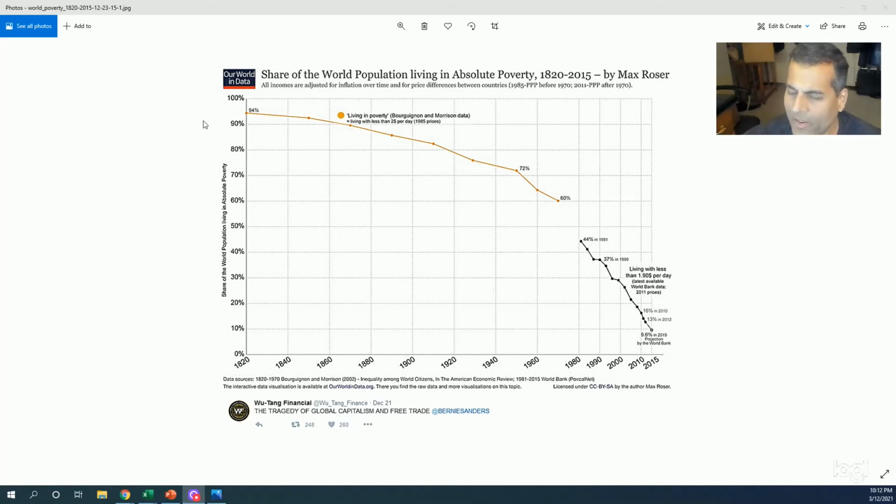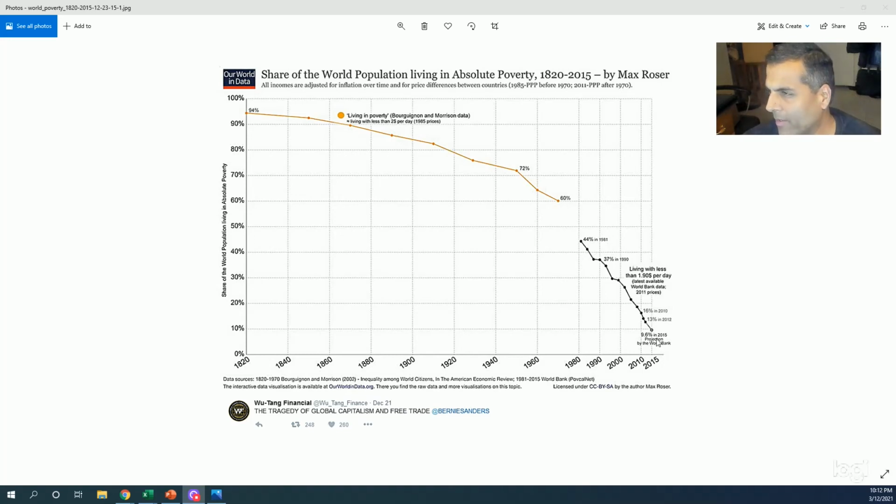If you believe in the accelerating rate of economic growth, which is inseparable from accelerating technological change, and the two are in fact extremely closely related, you can see that world poverty in 1820 was 94% of all humans, and there's no need for the chart to go further back than that because there's no real progress, as we know. And there was a slow improvement, but well into the lifetimes of people alive today, there was still 60% of the people in the world living in poverty, 60% in 1970, down to only 9.6% in 2015